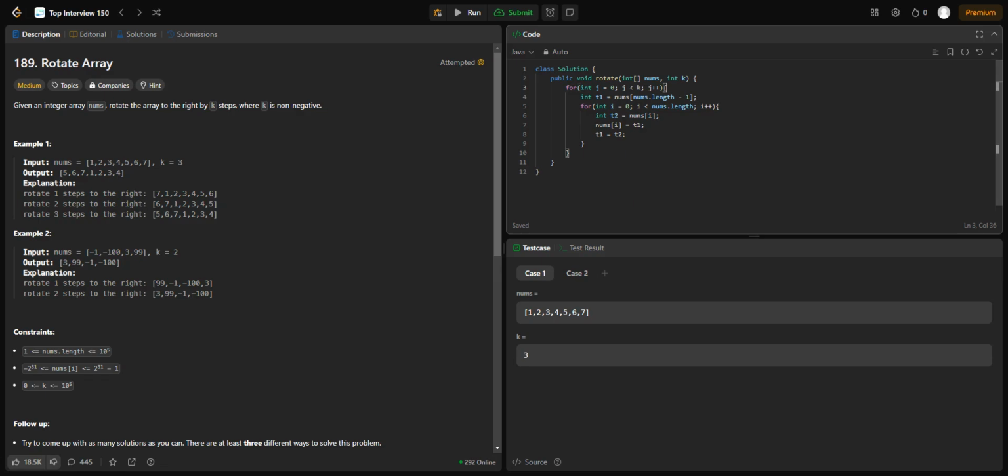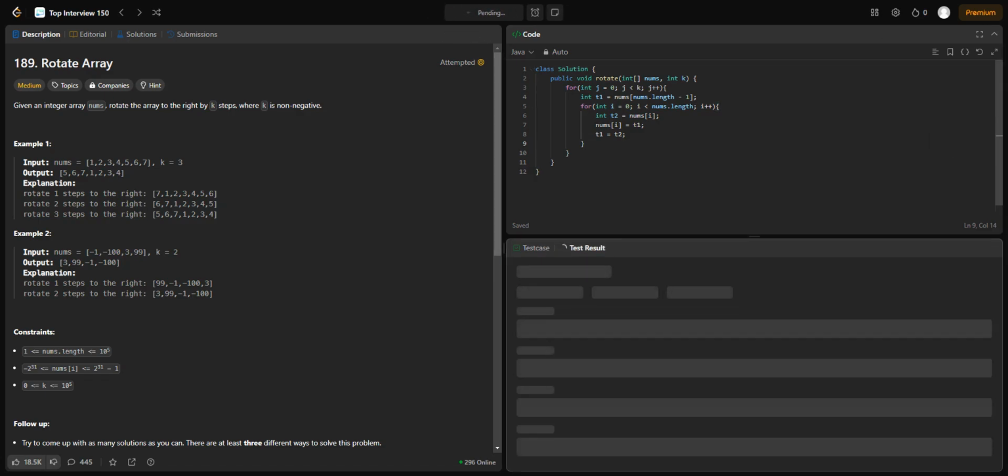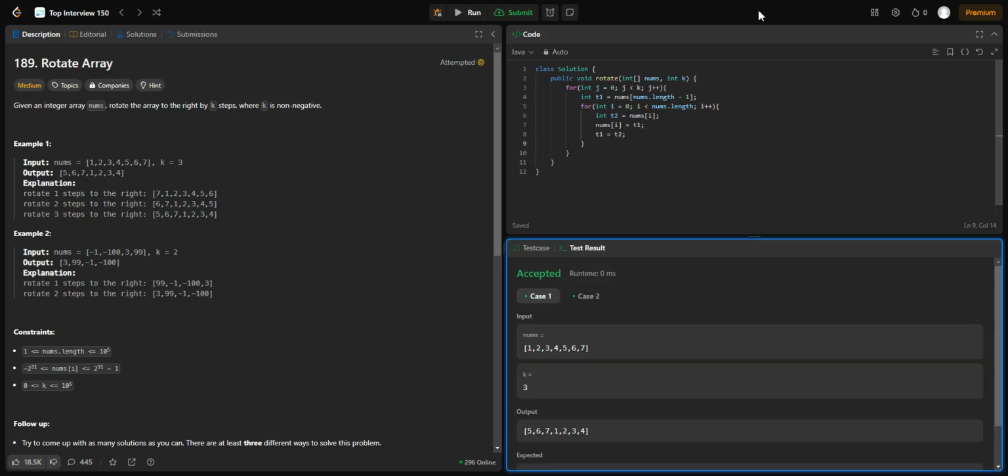Clean that up. So this will be the k number of rotations, and during each rotation we do this. Okay, I think that looks good. Let's go ahead and run it. Okay, and then if we try and submit it,